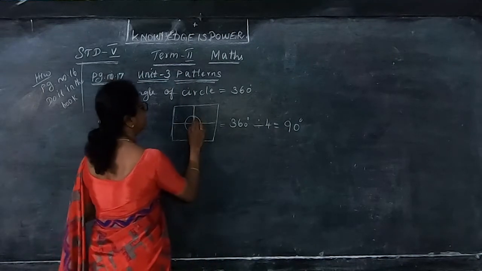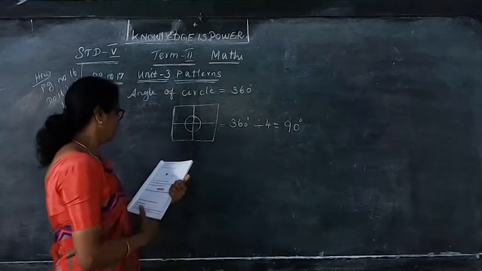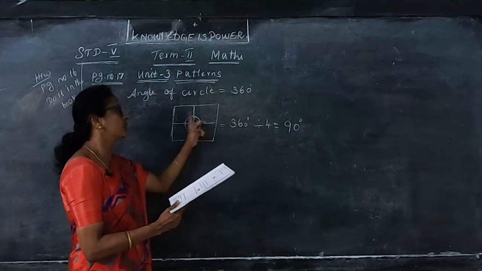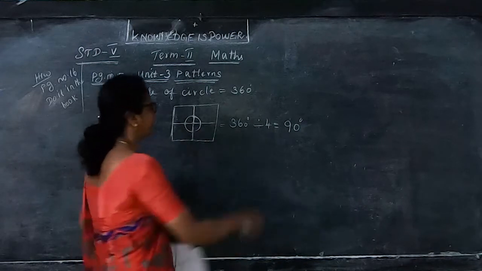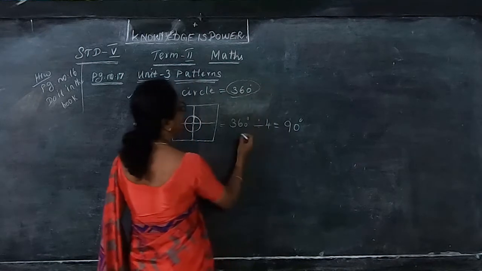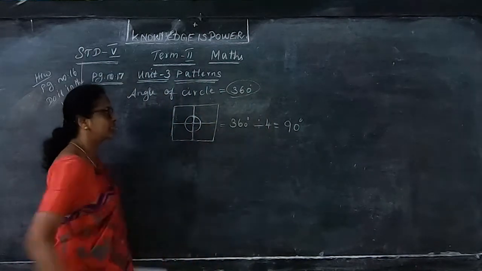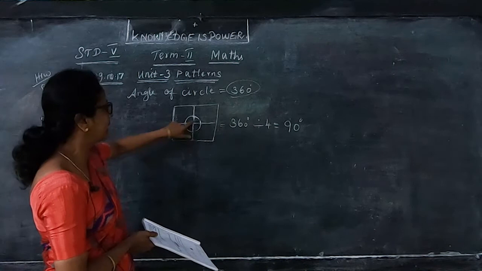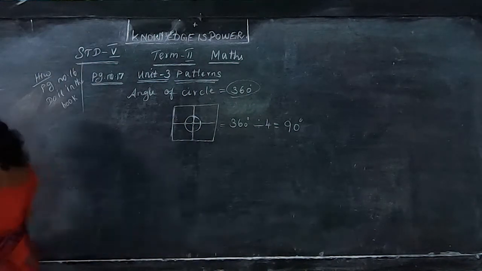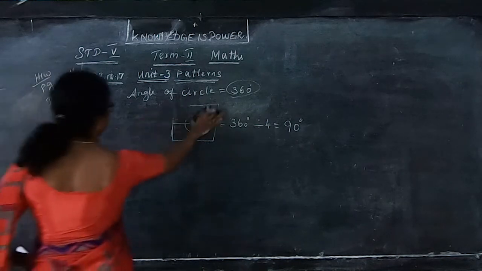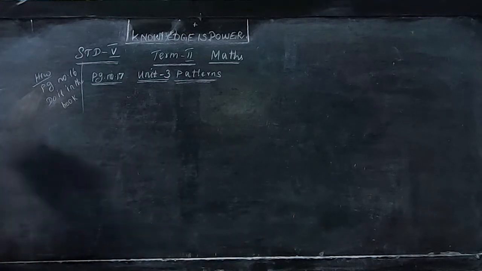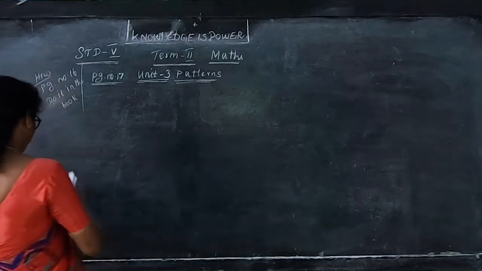Can you understand here? 4 squares are here. The shape formed is a circle. So angle of the circle is 360 degree. That's why I have given angle of circle is 360 degree. So 360 divided by 4 sides, that is equal to each side as 90 degree, 90, 90 and 90. Okay. So here one exercise they are given. So we have to find out how many angles are there. Here in this, find the angle of the given shape.